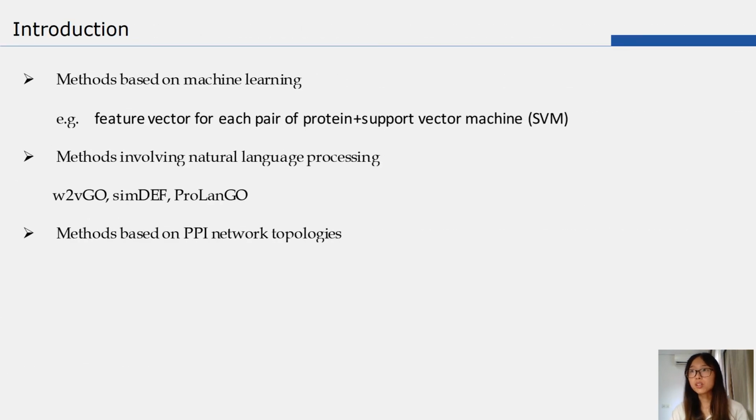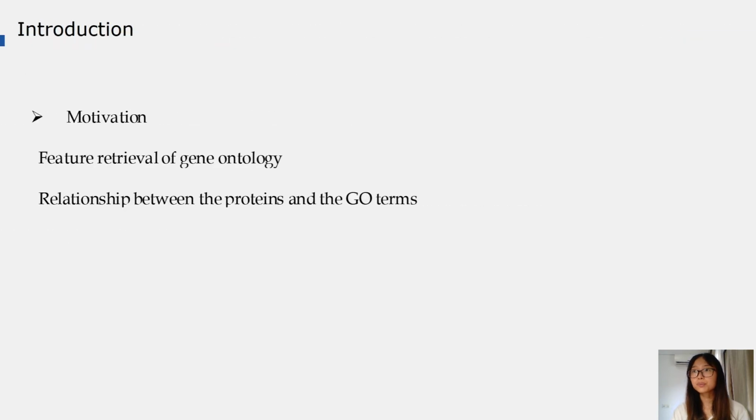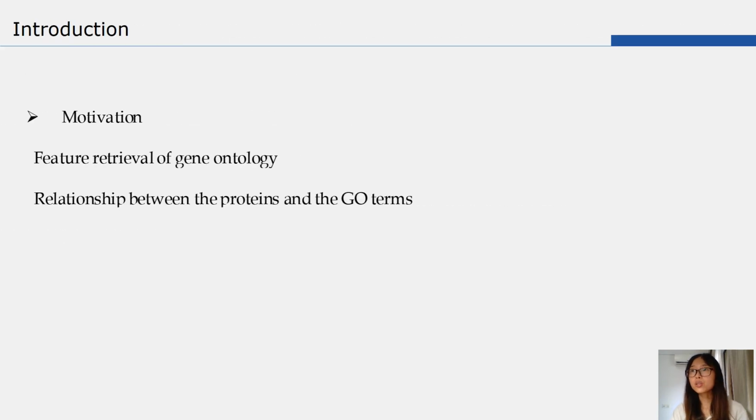Methods based on machine learning or NLP only use the information of the GO, and the method based on PPI network only uses the information of PPI networks. In summary, the traditional semantic similarity methods suffer from 2 limitations. Firstly, the feature selection is based on personal observations or intuitions, which may ignore some important hidden information of the GO. Secondly, they usually obtain the similarities between proteins from similarities between GO terms by some simple statistical rules, such